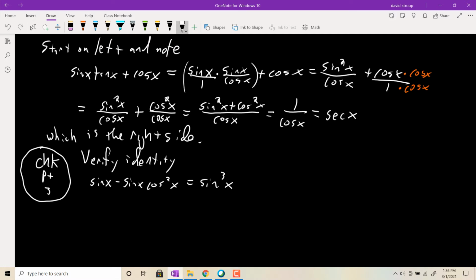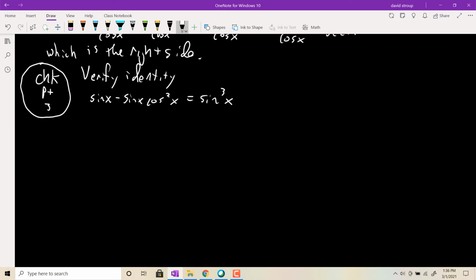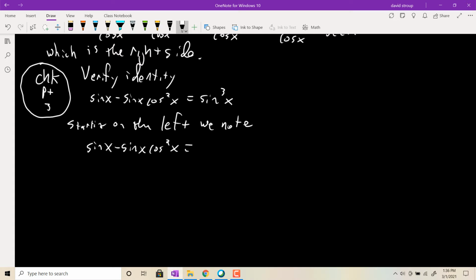Again, it looks like the left is the more complicated side, so I'm just going to start there. So starting on the left, please write that out. Starting on the left, tell me what side you're starting on. We note sine x minus sine x cosine squared x equals. The first thing I notice is both of these terms have a factor of sine, which I can factor out. And then you're just left with 1 minus cosine squared x,